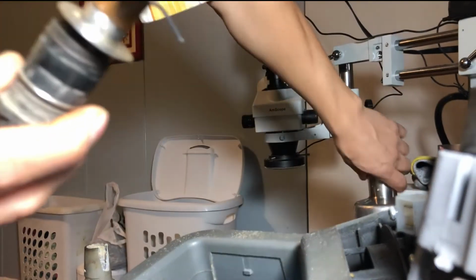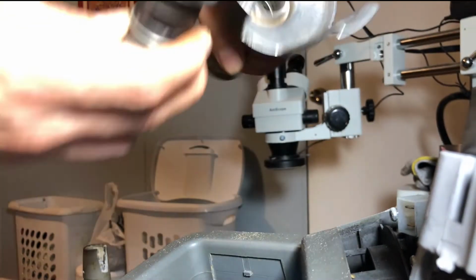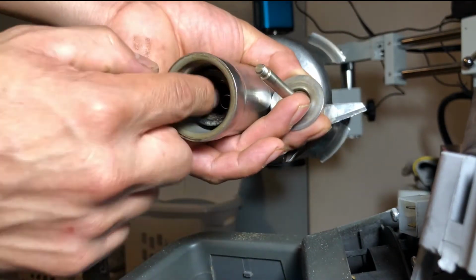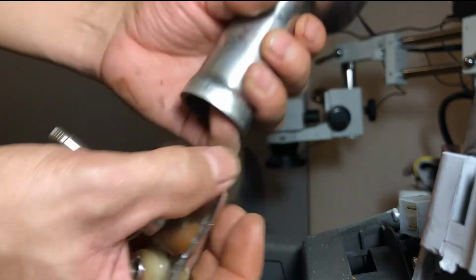This is what goes in here. This piece goes in here, so the plate goes. This thing goes in here like that, and then the plate goes from this side like that. Anyways,